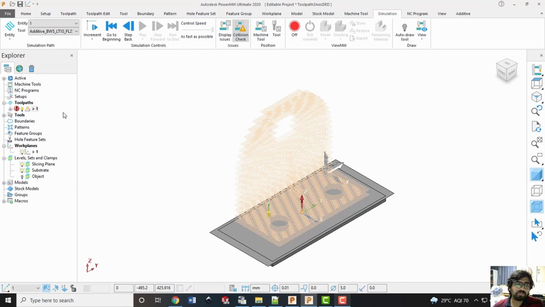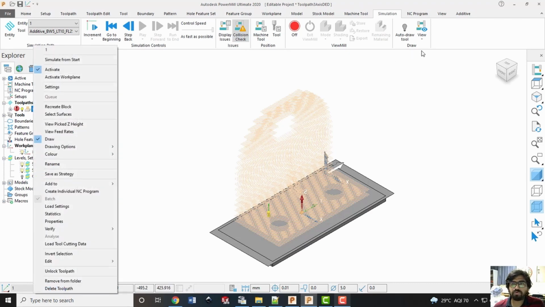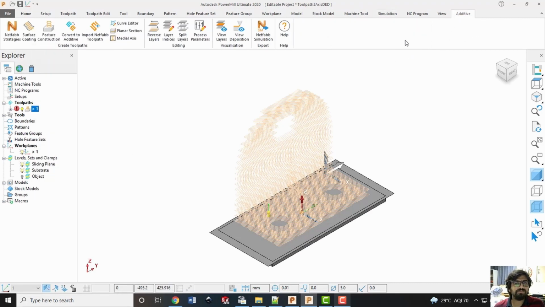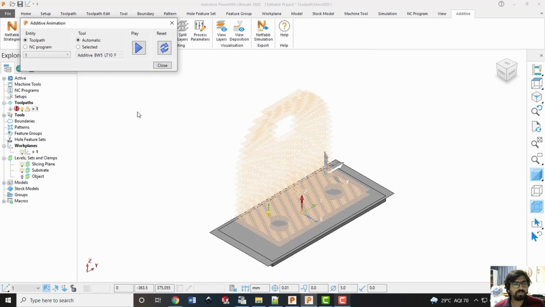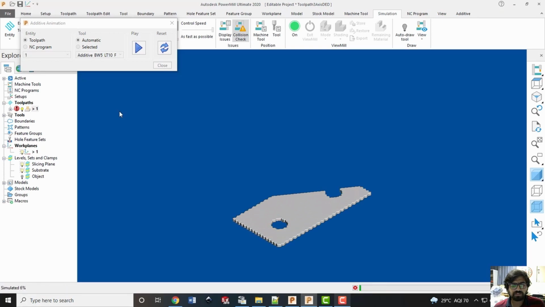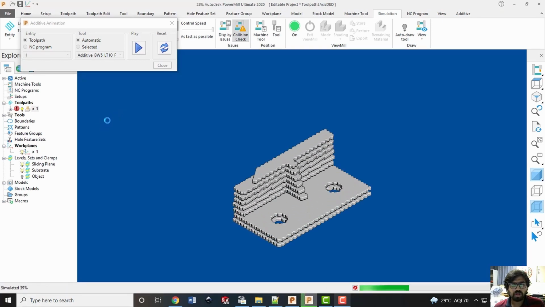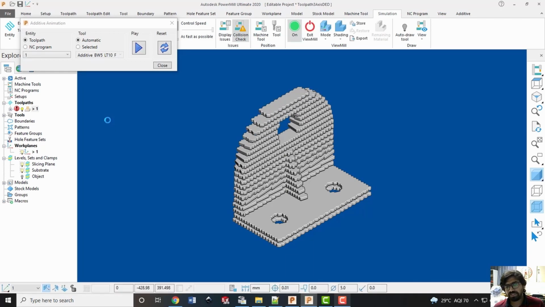For the volumetric simulation, I'll go to the additive tab and there is an option called view deposition. If I click on view deposition, starting from the base, and say play, it will deposit the material and show you how it is going to deposit in the machine itself. So this is how your part will get deposited on the DED machine.